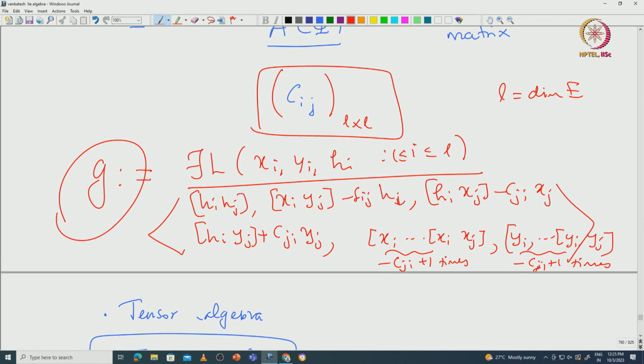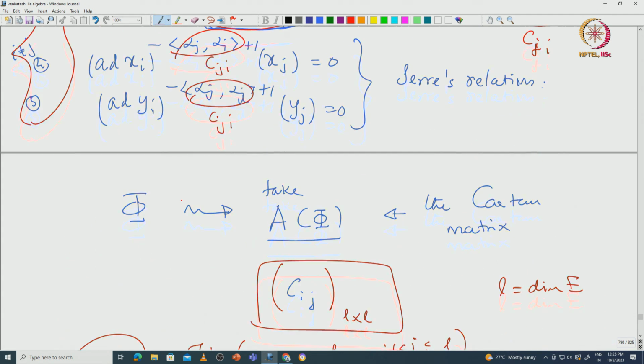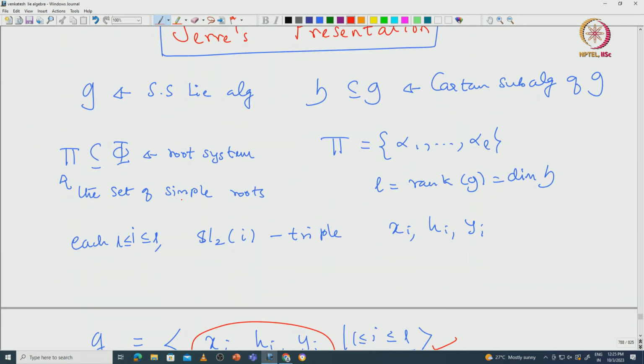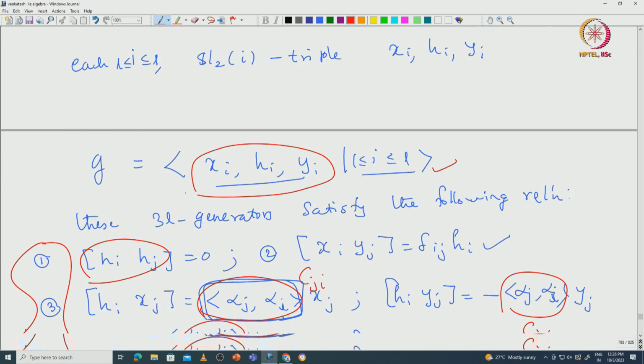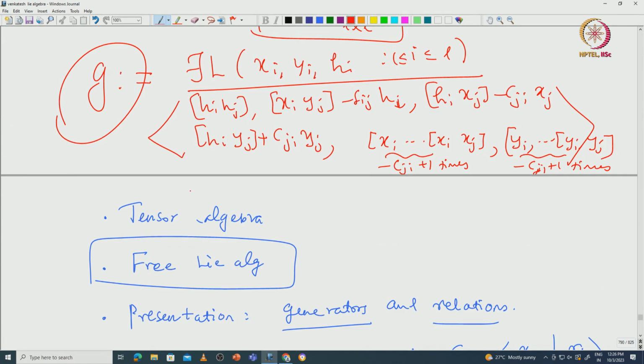So, then indeed it proves that given a Dynkin diagram, we have already seen that there is a unique way to determine the Cartan matrix. We also explained the algorithm. So, from that you can recover the Cartan matrix. From the Cartan matrix, you can now recover the semi-simple Lie algebra completely using the Serre presentation. So, this association that we talked about from G to its root system actually becomes a bijective correspondence. So, this way one completely classifies the finite dimensional semi-simple Lie algebras.